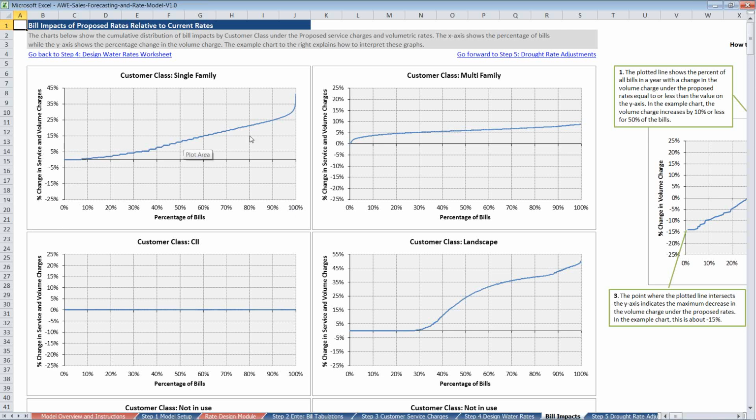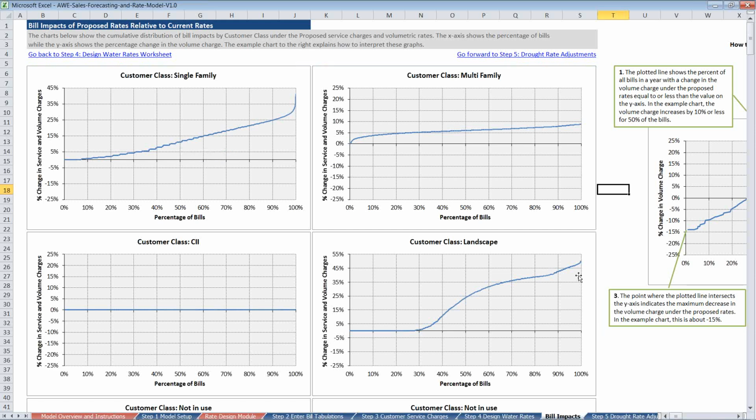So you can see that by the time we get to 100%, none of the bills are expected to increase by more than 35%. And the bills out here that would be increasing by that much would be high water users, high peak water users. And you can see 50% of the bills are expected to increase less than 15%, where I'm hovering now.